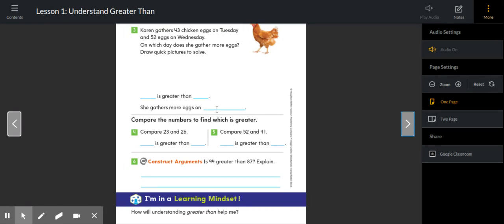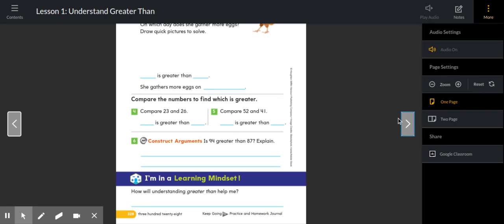do I put a number there? What am I going to put there? What would make sense? I think I need to put what day of the week, right? So was it Tuesday or Wednesday that she gathered more eggs? And I know that you can do the rest of this page, so I'm going to let you do the rest of this on your own,